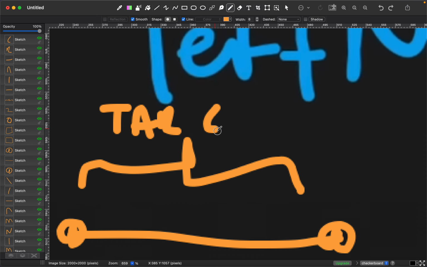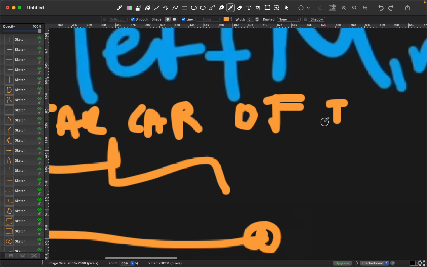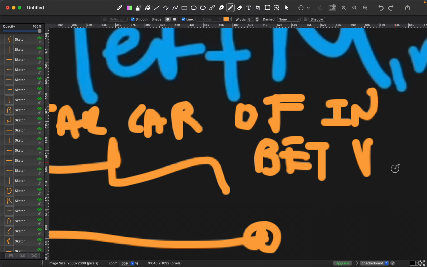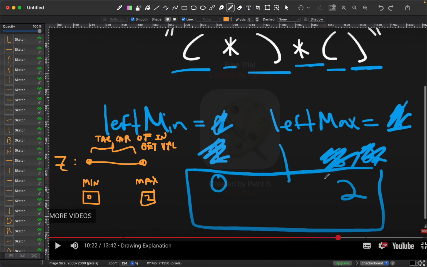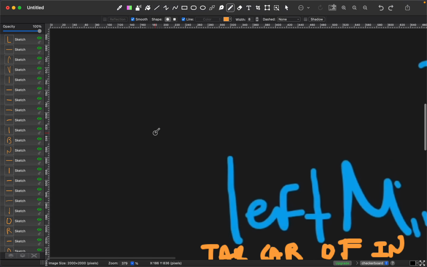Take care of in-between values, right? To me, this thing is very important, because,